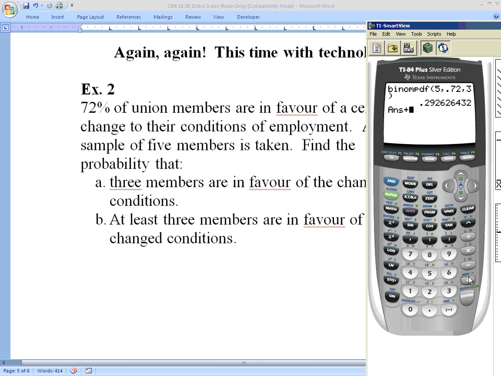So I'm going to take that previous answer plus, and now this hopefully will work out for me. So I do the binom PDF again. Yep, so I have my previous answer plus binom PDF 5, comma, 0.72, comma, the number of trials I want to be successful in this case is 4, plus, and we'll do one more of them,